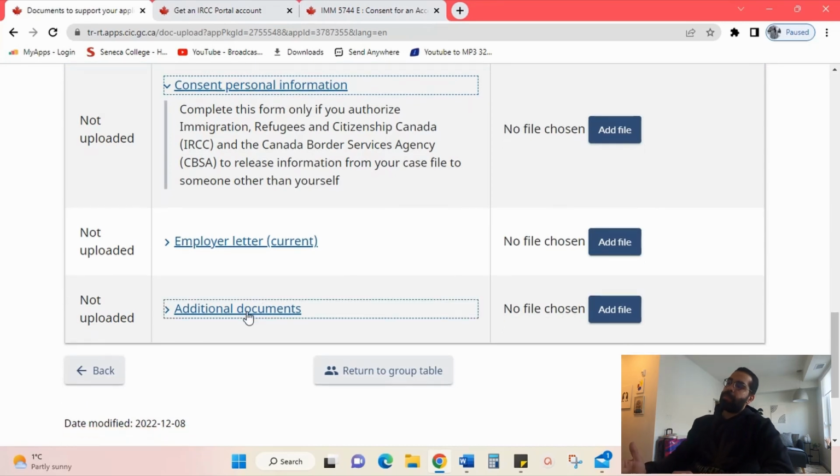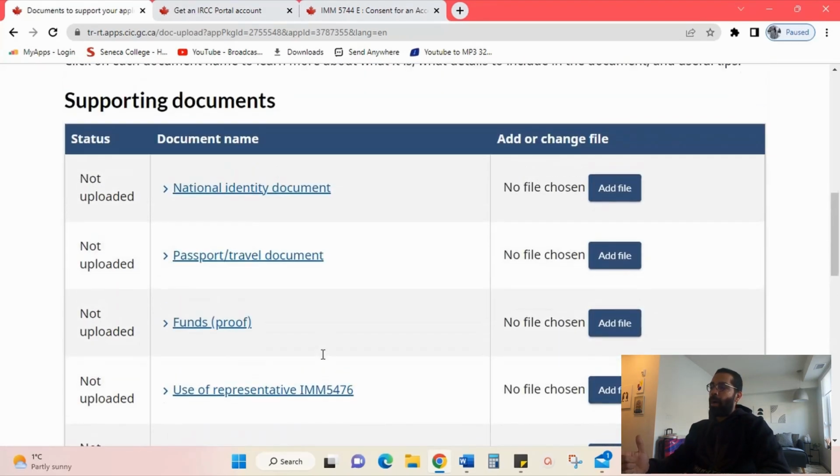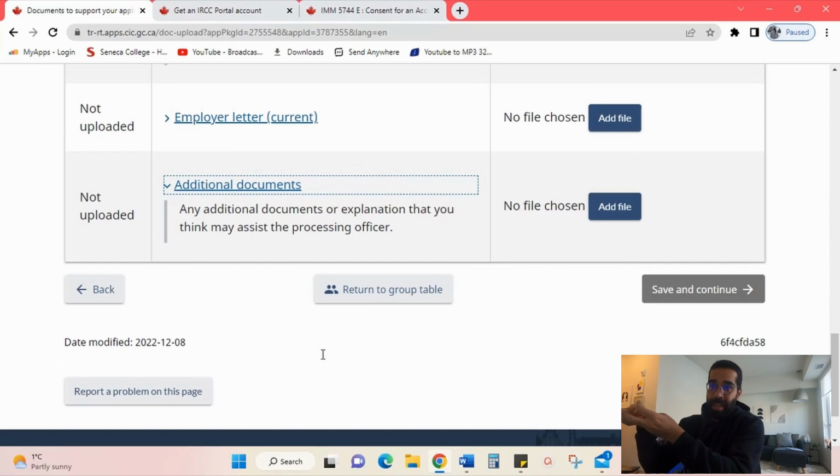Additional documents. In additional documents, I would always put a letter of invitation saying that I'm inviting my parents. If anyone would like to know the format, I will put the format down in the video so you can copy it or refer to it for an idea. And I put my financial